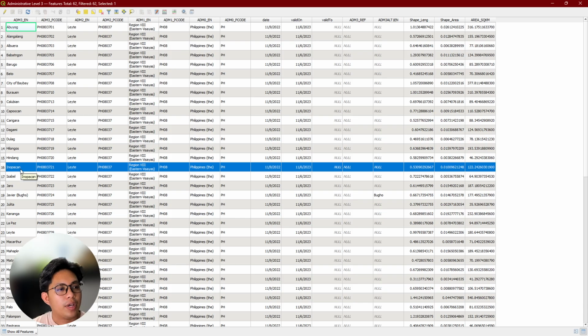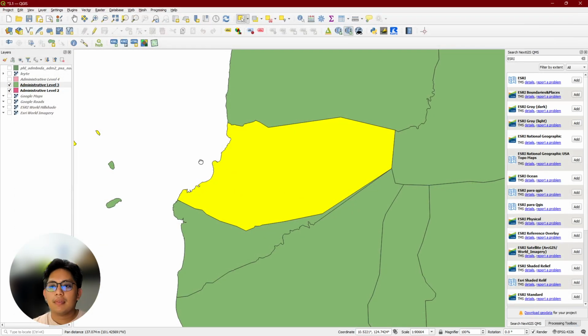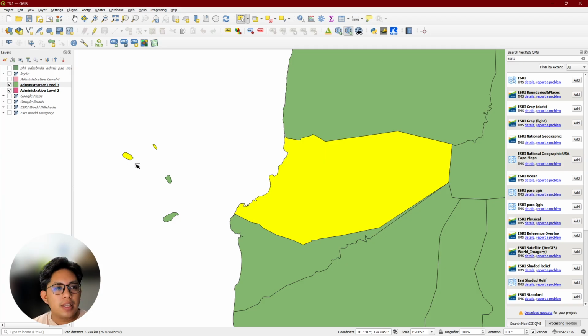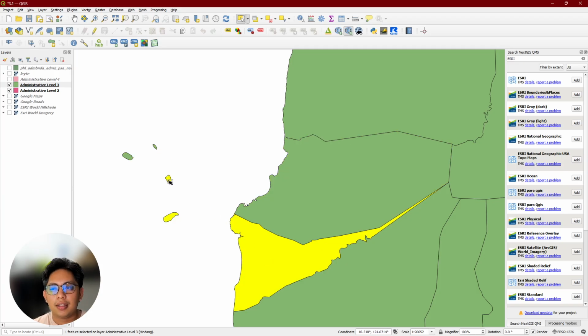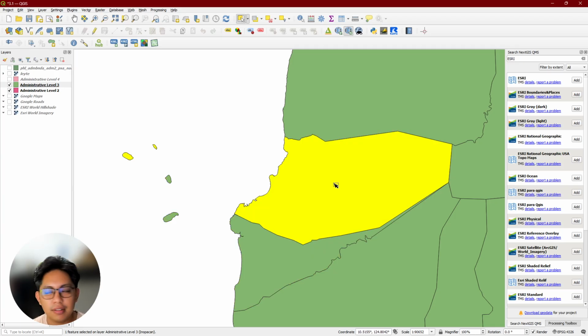Okay, so this is Inupakan. Surprisingly, Inupakan includes these two islands, and maybe they are shared. So I'm gonna focus on Inupakan.